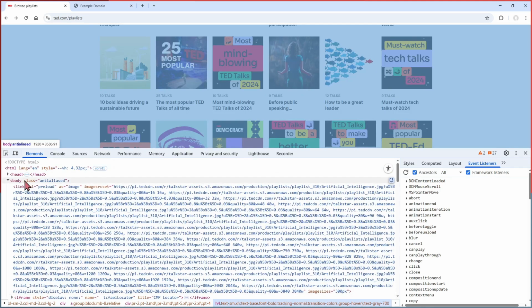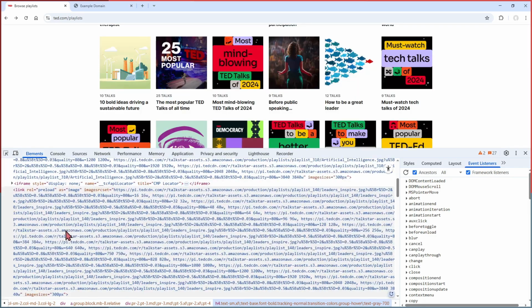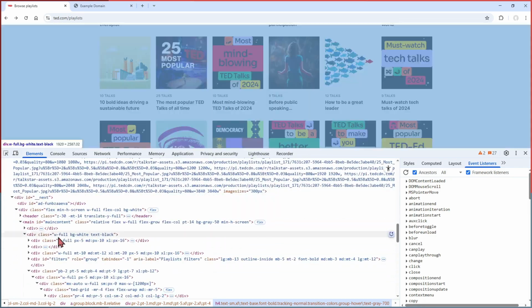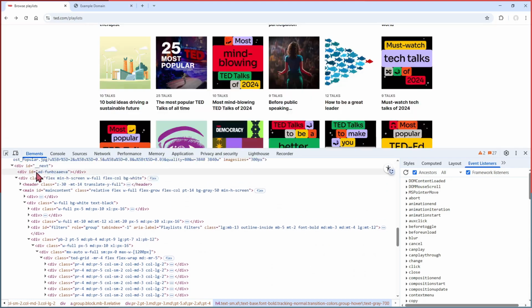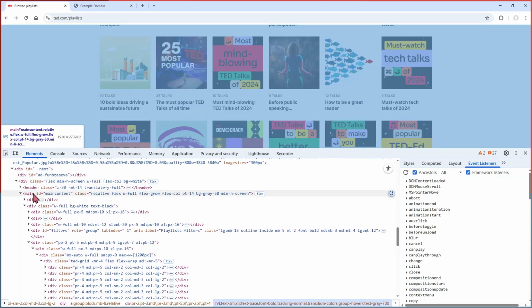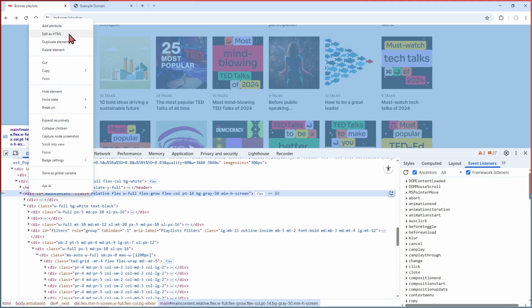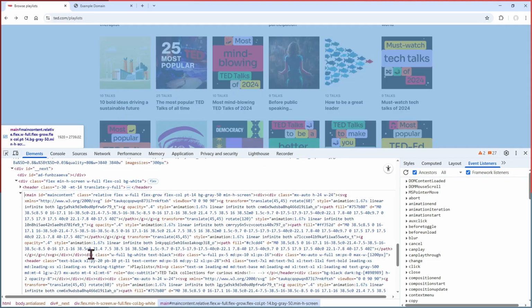You can share the whole body of this specific website, or in this case there was a section, I would say, header main. Maybe you can share the main section and attach it to the question. And this is pretty easy. Just simply right click, choose edit as HTML, copy the whole thing